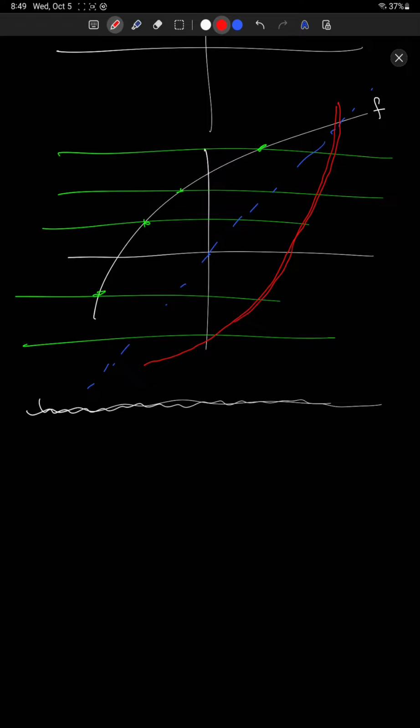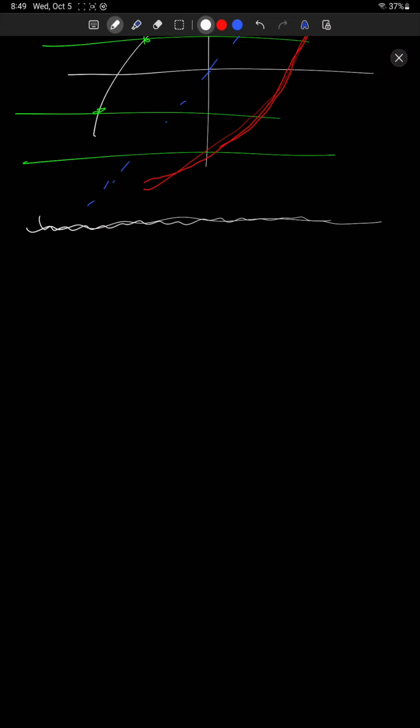But what about if I don't have the picture of f? What if I only have a formula for f? So what if I say f of x is equal to, let's say, 3x plus 7, right? What is f inverse of x? And here,